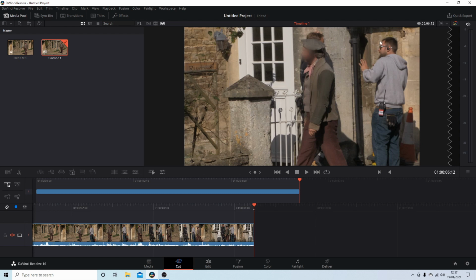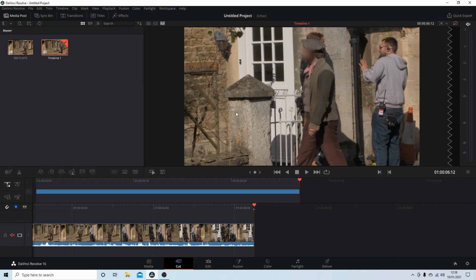Incidentally, once you get used to using Resolve, if for instance he was to go past this chap or behind this chap, you might find that you'd have to split the clip at certain points and then do the track on the other section of the clip. You can move the track, but it's not really worth it. You might as well just cut your clip up into sections, which also means that you won't have a blur. Say if this chap here was walking behind this one, you won't have a blur going across this guy's face